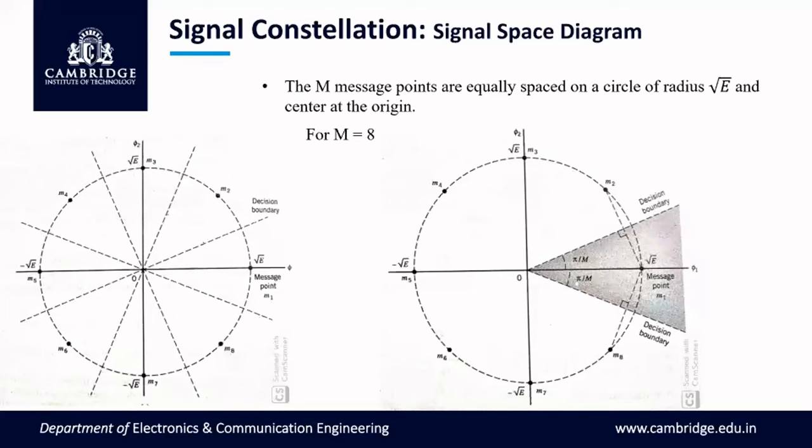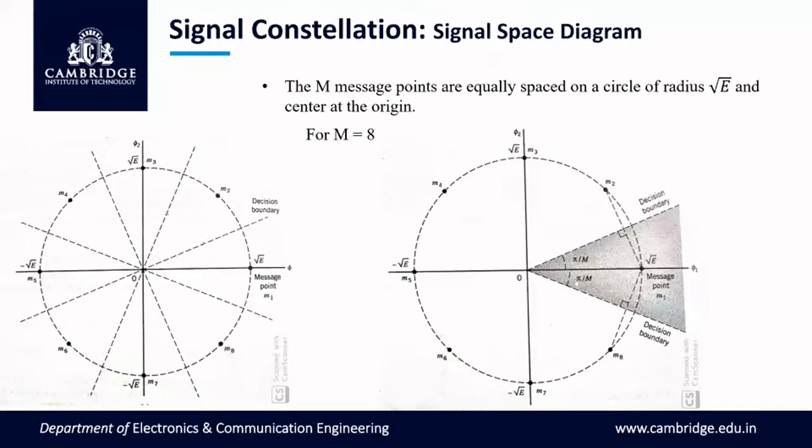In binary PSK, BPSK, we had only two message points. One is with 0 phase, another with 180 phase. The 0 phase signal had some amplitude, and the 180 phase signal also had some amplitude. Because of the 180 phase, we wrote the amplitude as minus. Remember, the amplitude of the first message symbol was root Eb, and the second symbol was minus root Eb. For BPSK, we wrote the signal space diagram taking only one horizontal axis.